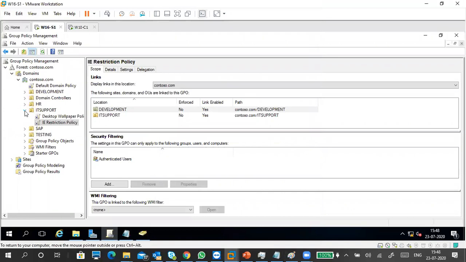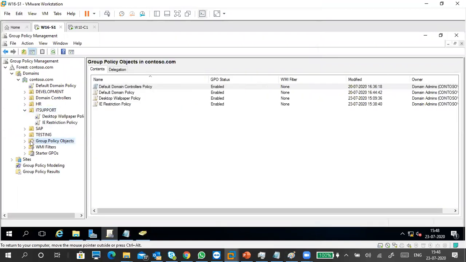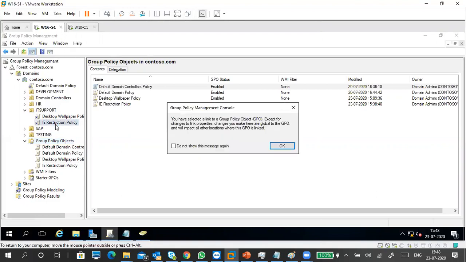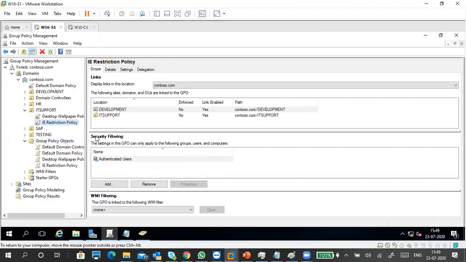Okay. Some people create a policy, but they don't link the policy. They edit the policy, they link the policy, they update the policy, and when they are verifying, the policy is not applied. Follow? So why? Because you did not link the policy. Some create the policy and link the policy, but they don't edit the policy. Some edit the policy, but instead of editing in user configuration, they do it in computer configuration. They sign out, sign in, sign out, sign in. It won't work. So that is the thing.